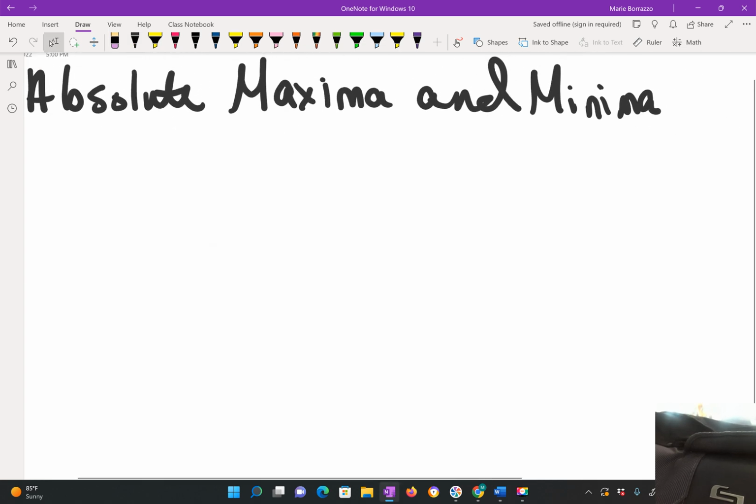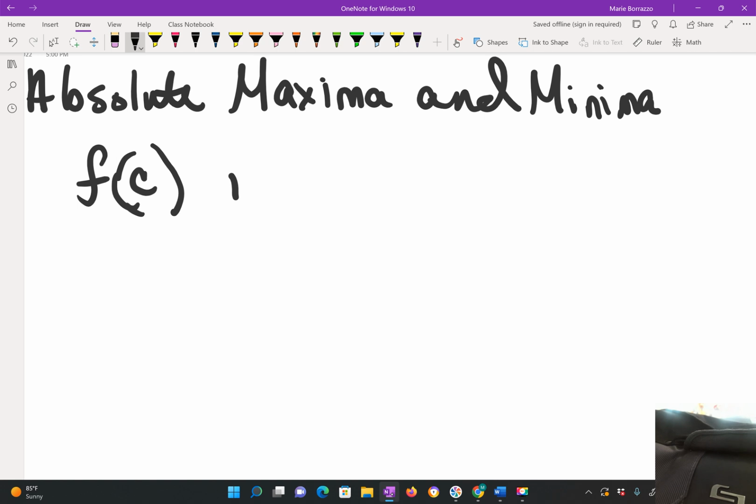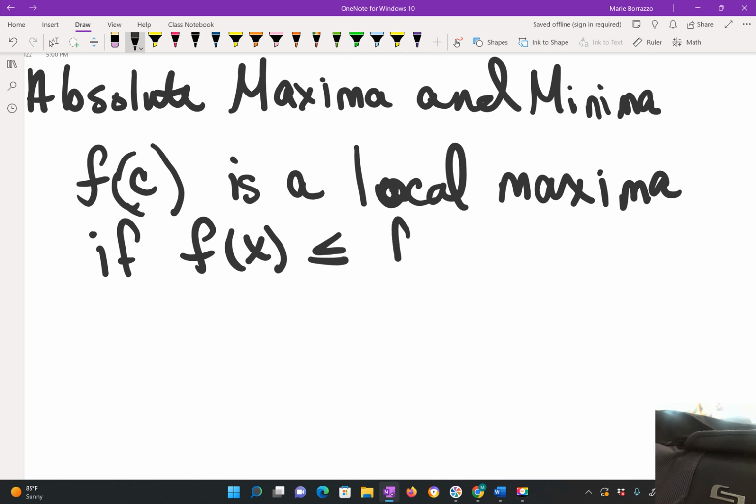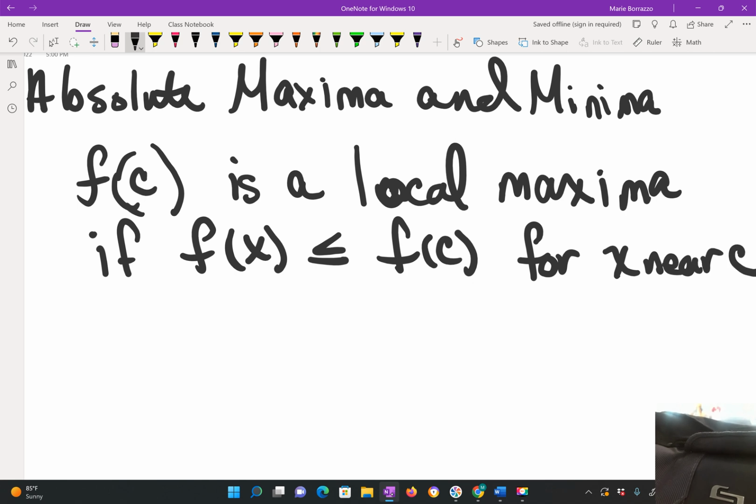So when we start talking about this, they always start with some sort of notation where we have some f of c value is a local maxima if f of x is less than or equal to f of c for x near c. And the local minima,